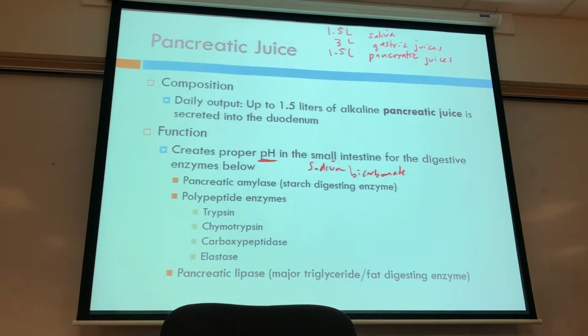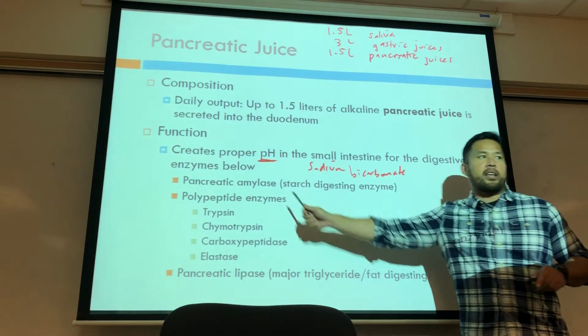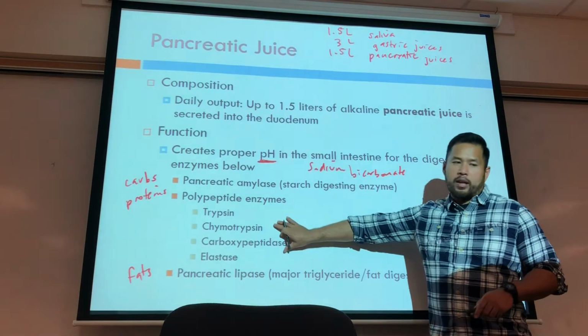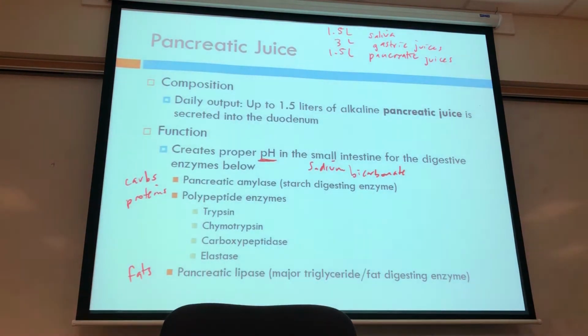The other enzymes, you'll see, we have pancreatic amylase. Again, amylase for the purposes of digesting starches. We have our polypeptide enzymes. So if this is our starch, or these are our carbohydrates, our peptides, our polypeptide enzymes for proteins, and the last, pancreatic lipase for the fats. Looking at these, you'll see 5 polypeptide enzymes. I know you only see 4 on there, but the 5th one, which I'm not really ever going to ask you, is called enterokinase,